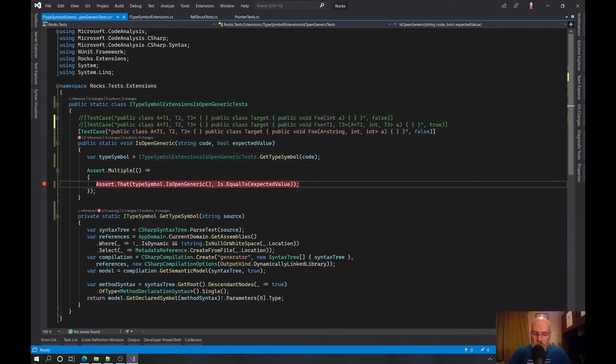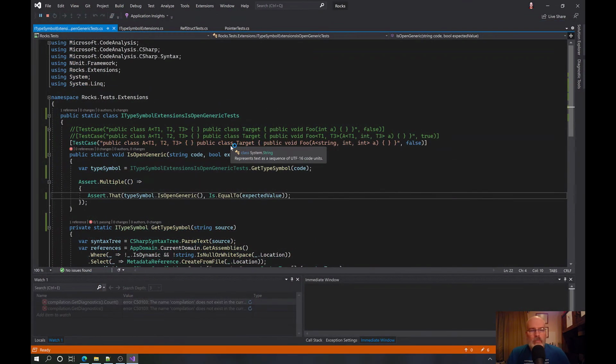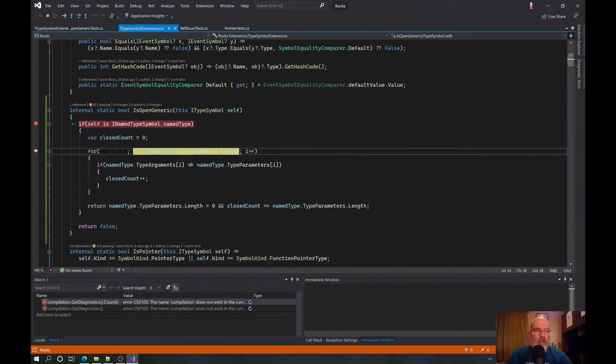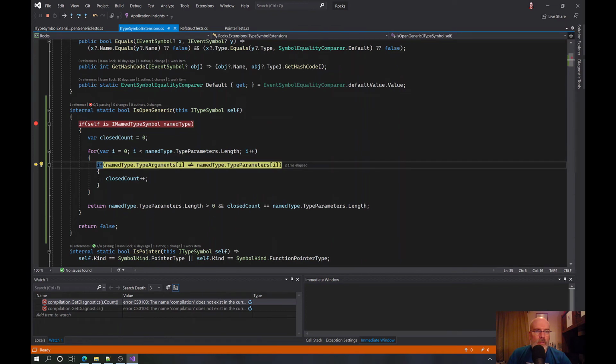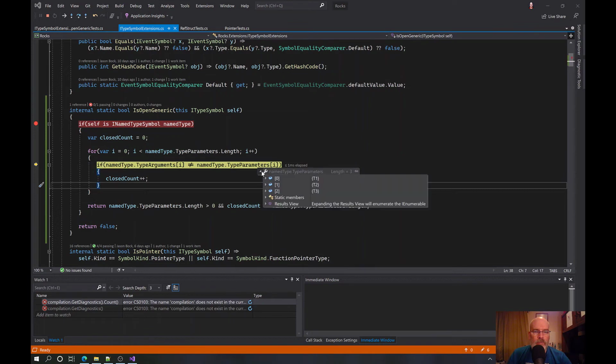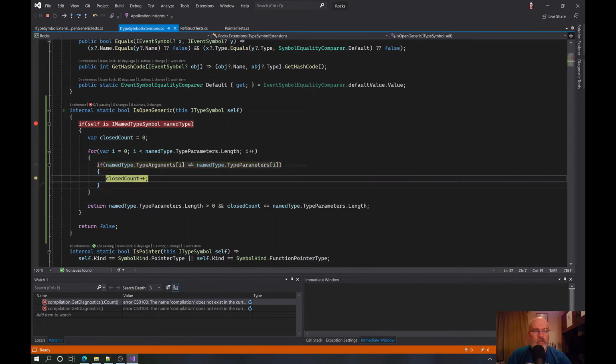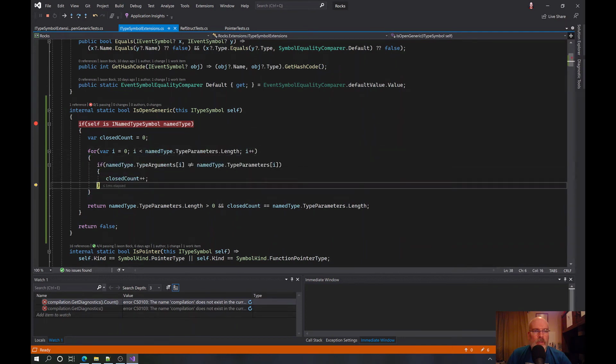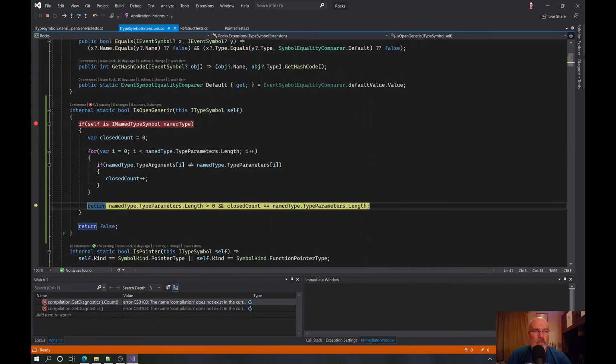Take the breakpoint off of here. Type arguments is 0. Type parameters is T1. So it increases, and increases. Now here, 3, 3.